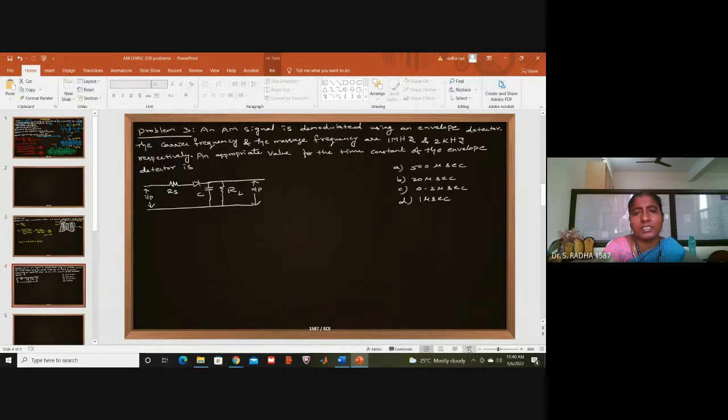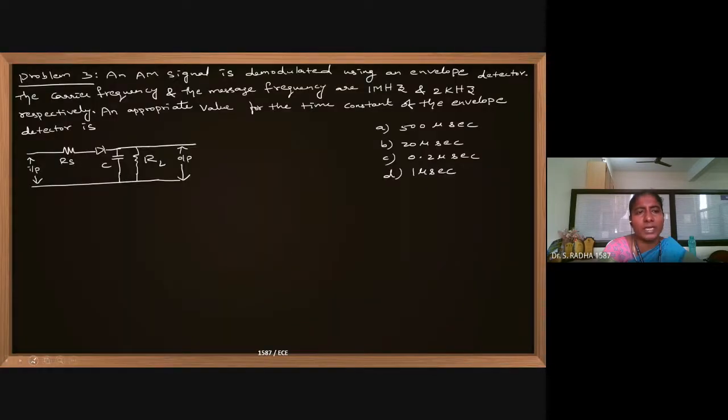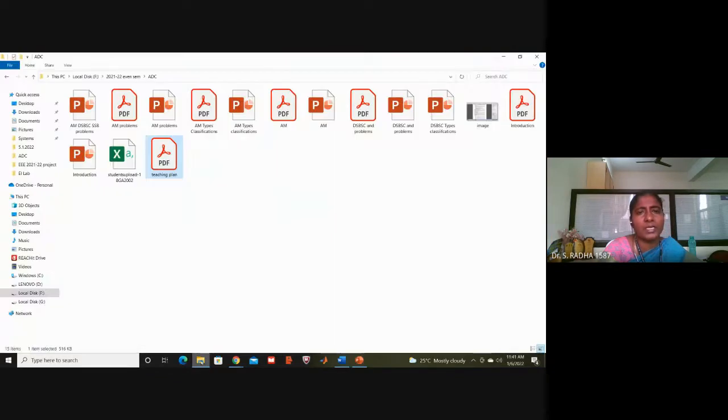The carrier frequency is 1 megahertz and the message frequency is 2 kilohertz respectively. The approximate value for the time constant of the envelope detector is asked. Already we have done the envelope detector